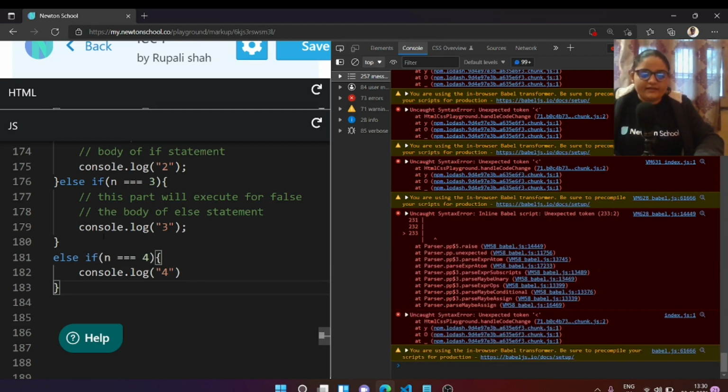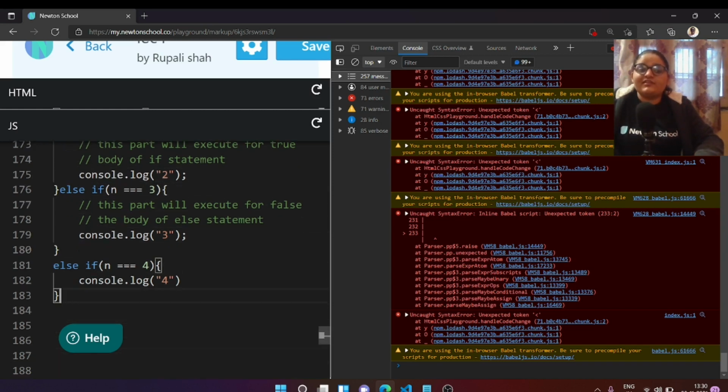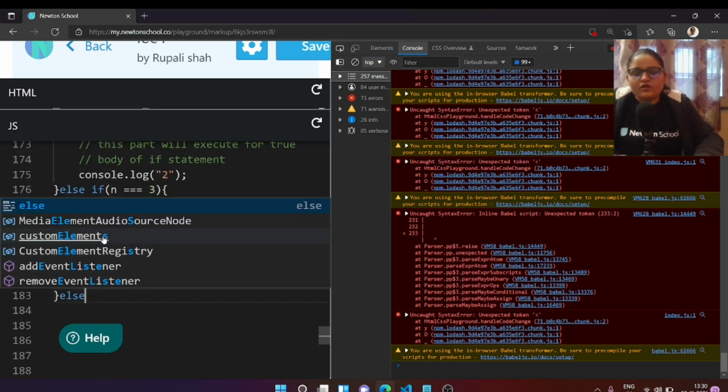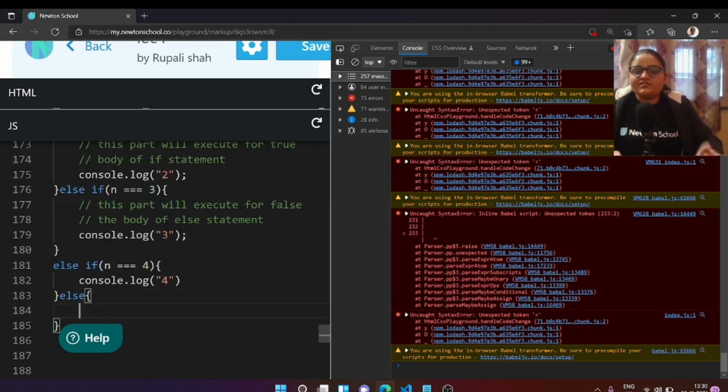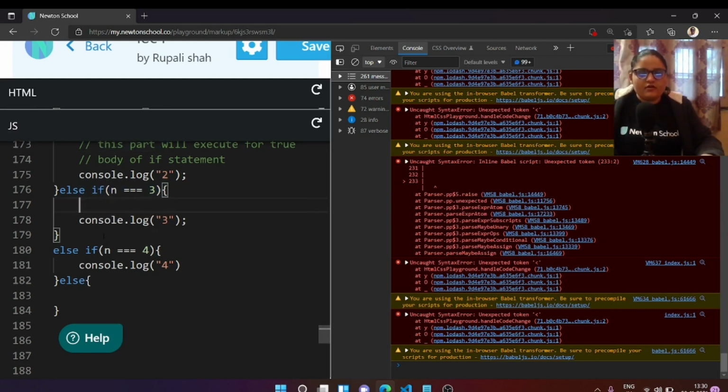And if all three conditions are false, then only the false block, which is the else block, will run. If all my three conditions are false, then you need to execute this false statement, and you need to have the body of this else statement.